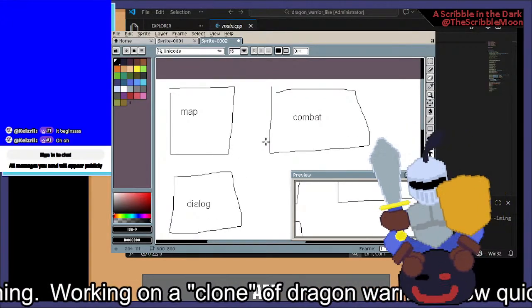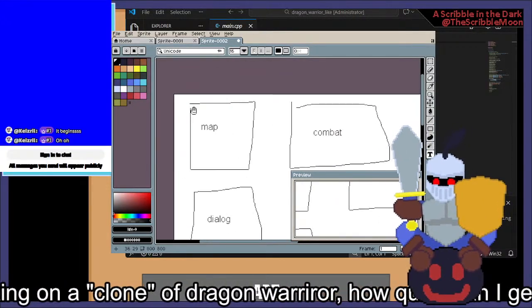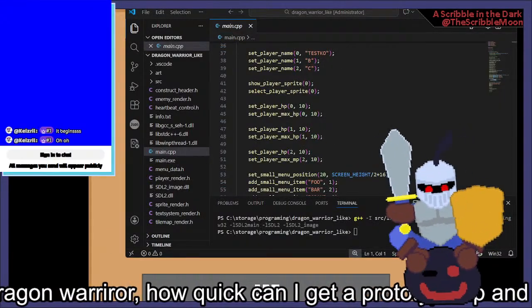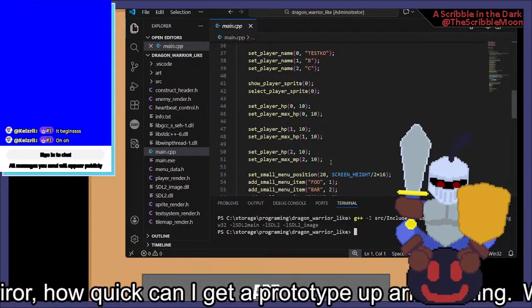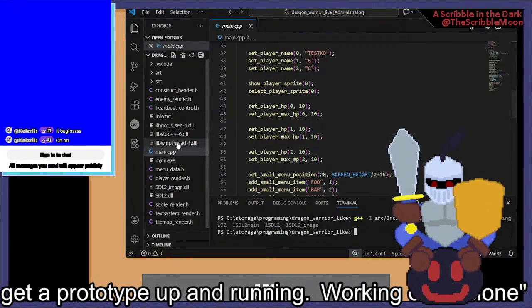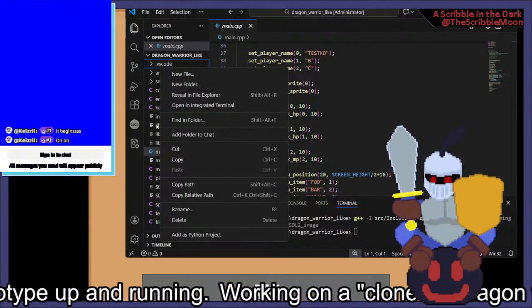So, I think I'm just going to do a quick run at map. For that, we have to decide on size. I think I'm not going to go too extreme on this. I'm just going to keep this minimal. Even the overworld would be minimal. So, let's just slap together